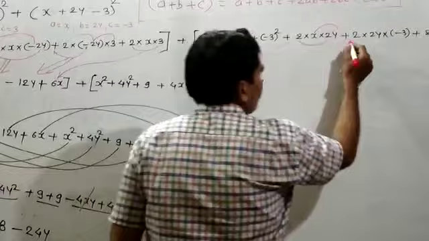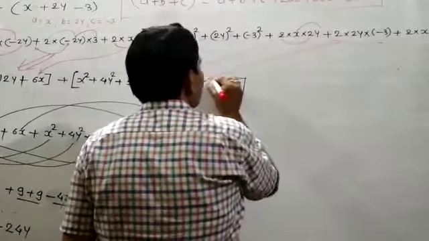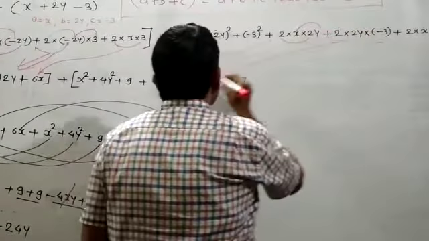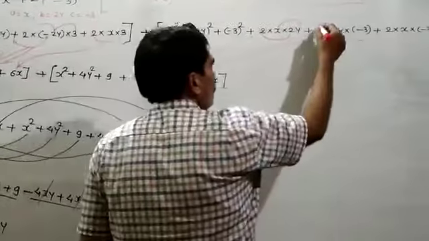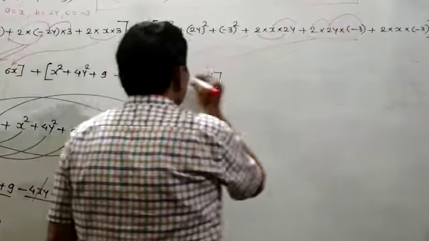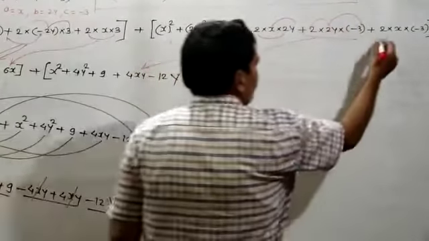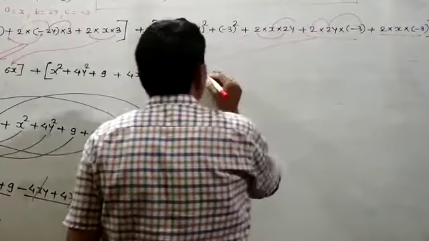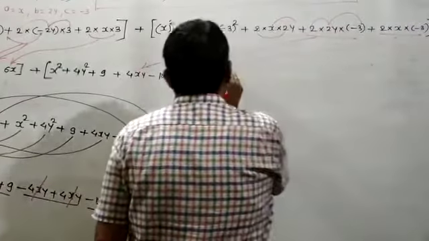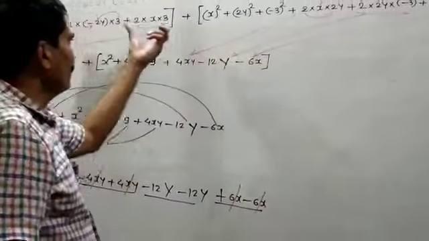Then this product you have to do. This product will come here. This 2 plus multiplied by minus is equal to minus. 2 2s are 4, 4 3s are 12. Y will come. And this product plus multiplied by minus is equal to minus. This product will come here. So like this you have to do the product.